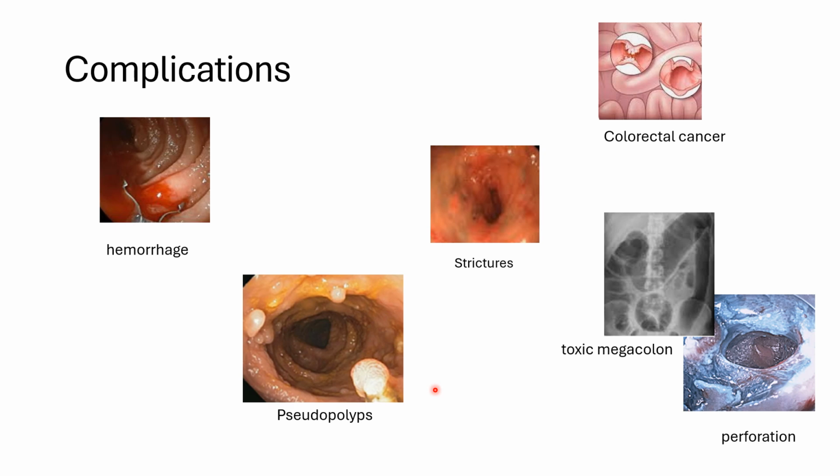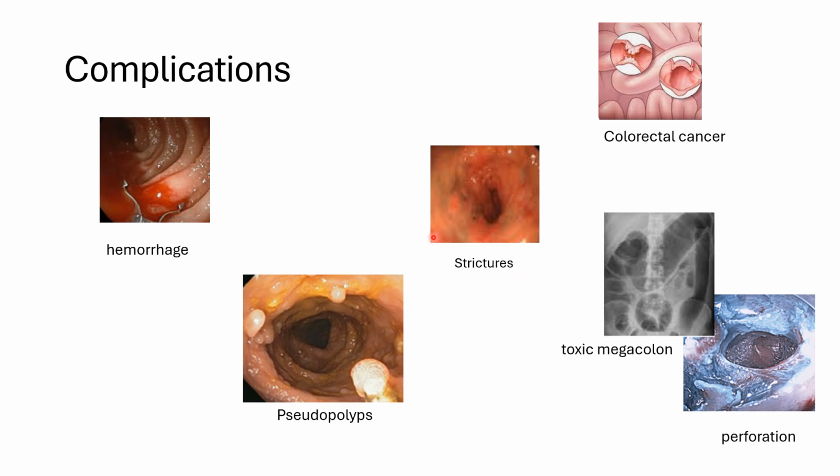So they need to be observed, and we need to do a colonoscopy in this patient, depending on the situation and the number of the polyps, and whether any of the polyps are precancerous or not. So the interval would be different, between 3 to 5 years. It depends on the situation of the patient.